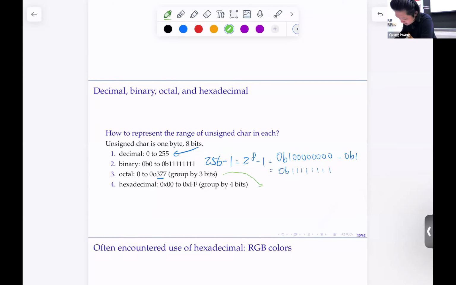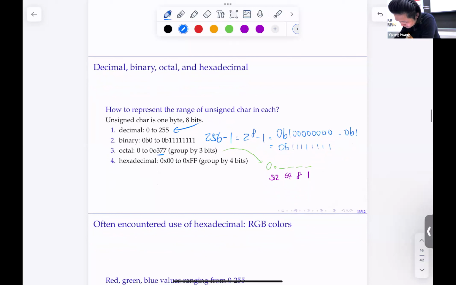So remember, in octal, we have 0 indicating that it's an octal number, and each place is going to be a power of 8, right? So we've got the ones digit, the eights digit, the 64s digit, and the 512 digit. So to figure out how to write 255 as octal, what you have to do is take 255,